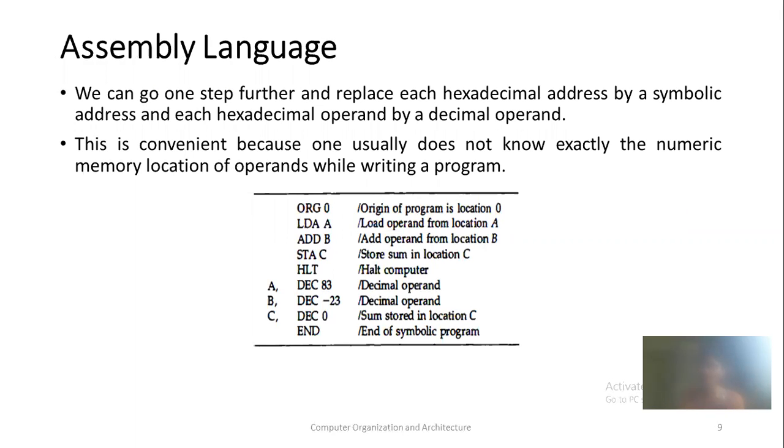Let me see the example that we have already seen in the last sessions. That is just addition of two numbers. In that we have loaded the first number, then added the second number and stored the result to the third location. Here A, B, C are memory locations that you have assigned a label after HLD. So this is your addition example.